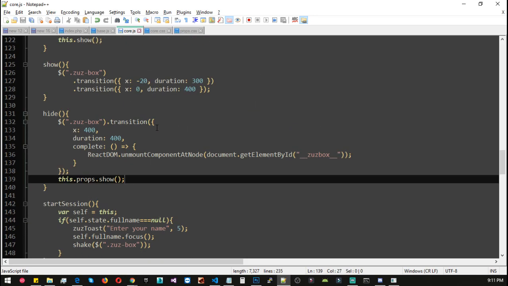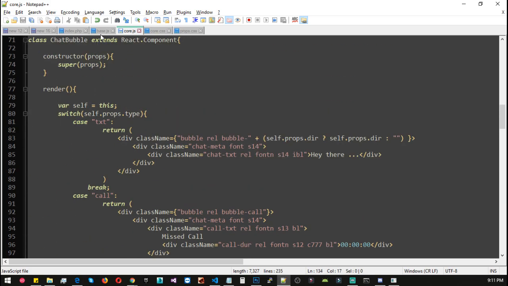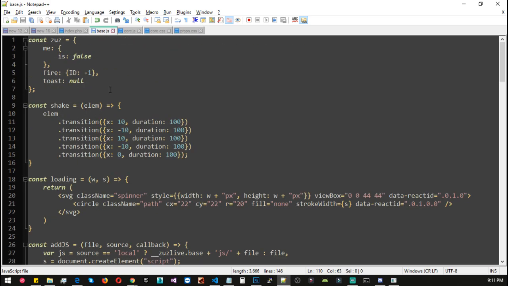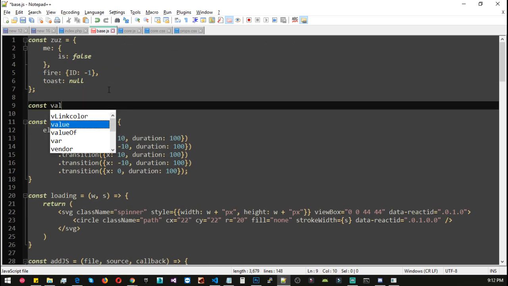You can obviously use the regex function from Google, and let's just quickly copy it so that we can save some time. Let's add a const validateEmail